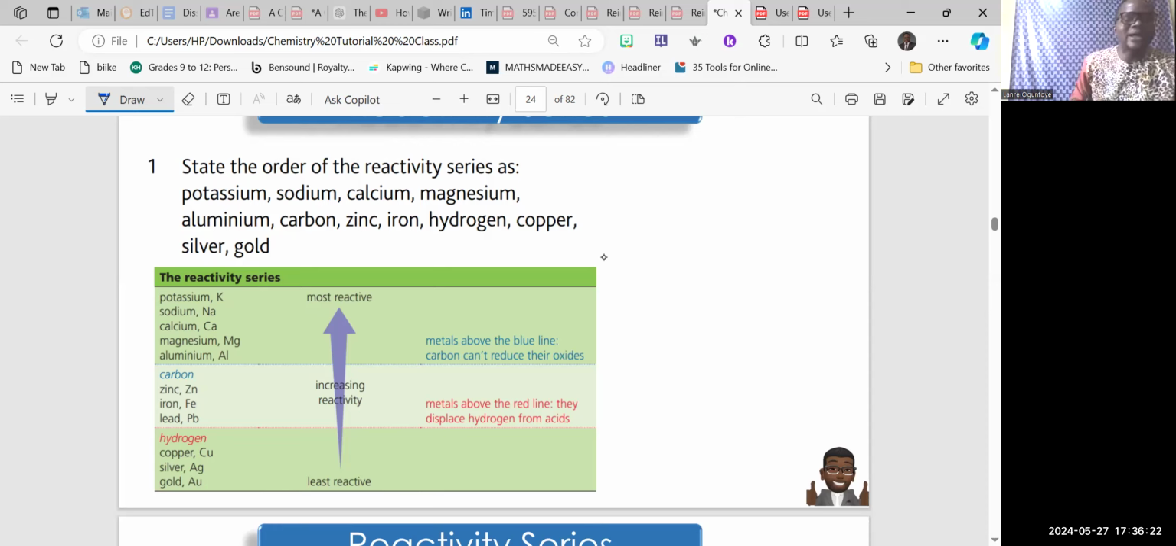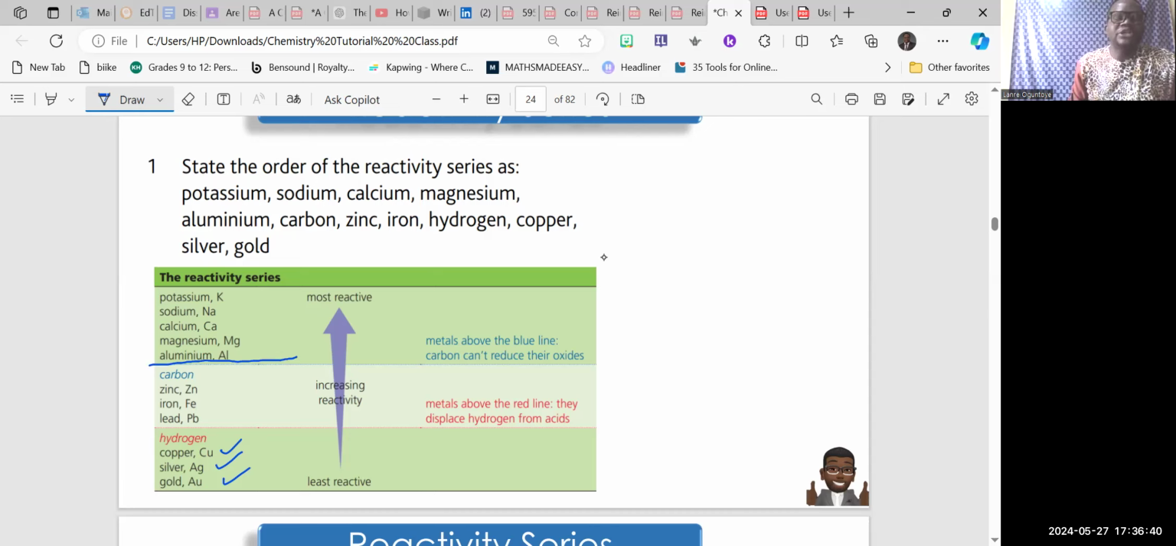Than copper, than silver, and gold. These ones are the least reactive metals. Okay, so you can see here, it says metals above the blue line, that is above this place,